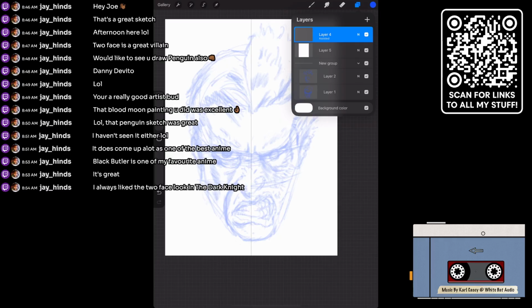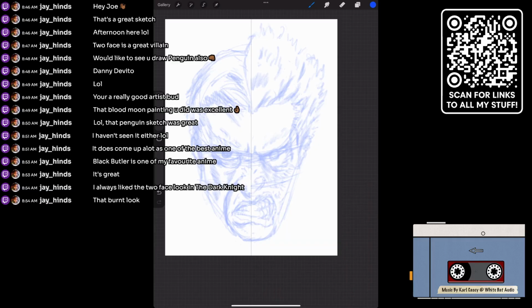Well, I will admit I am not a fan of the two-faced look in Dark Knight. Because there's two problems with Dark Knight. One is I think they screwed the character over. I don't think you get nearly enough time with that character as Two-Face. They just turn him into Two-Face, and 20 minutes later, he's dead, and that's it. Like, he's gone. They didn't set him up enough as far as Harvey Dent's background, and then he gets blown up,